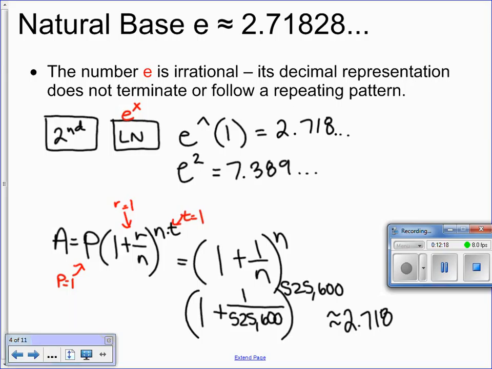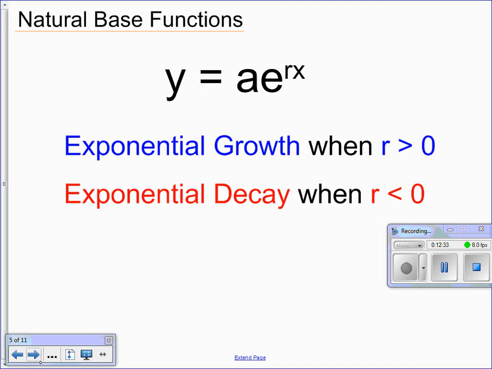Main thing you need to know from this is how to work the calculator. This is just for the curious people who want to know why e is 2.718. If you can just take my word as gospel and be happy with it, that's really all you need to know. Okay. Now, we are going to work on graphing, and this will be part of your homework assignment,